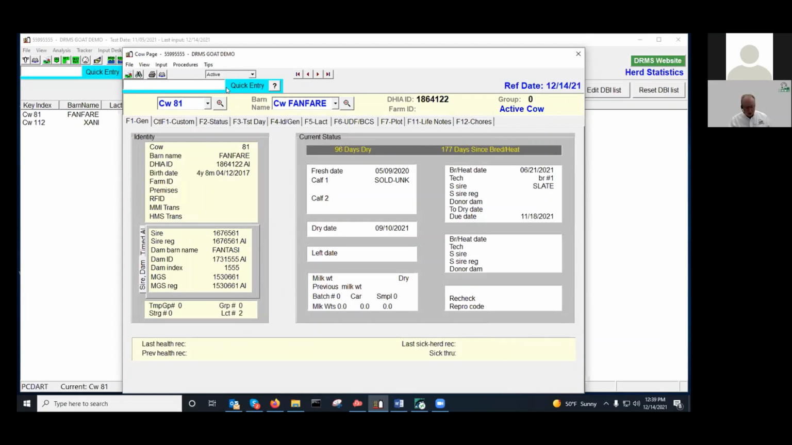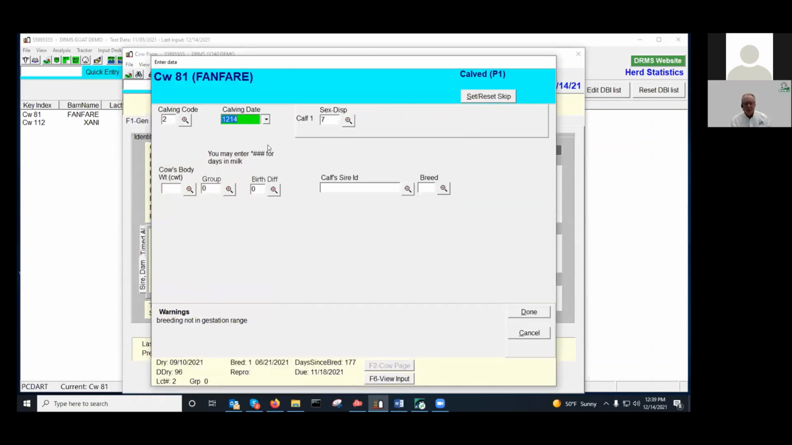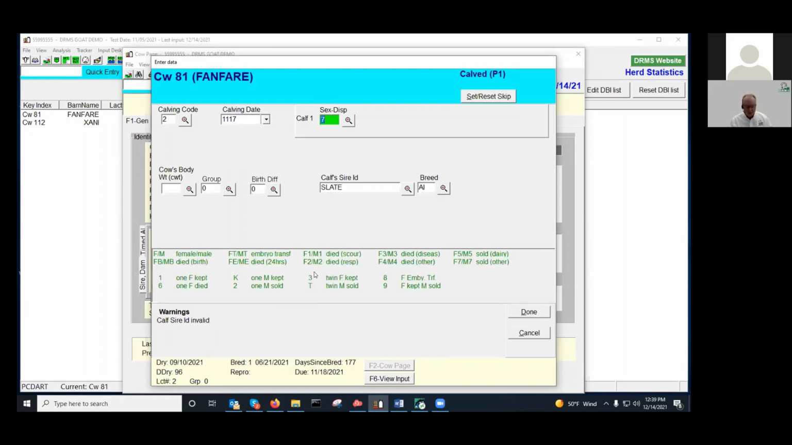Okay, so Fanfare here, due on November 18th. I'm going to go ahead and report her fresh. And right away, it brought up today's date. She was due November 18th. It told me that the breeding was not in the gestation range. So I'm going to go ahead and indicate that she actually kidded on the 17th. So it skips over then to the